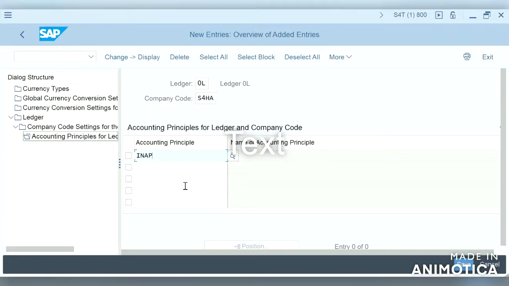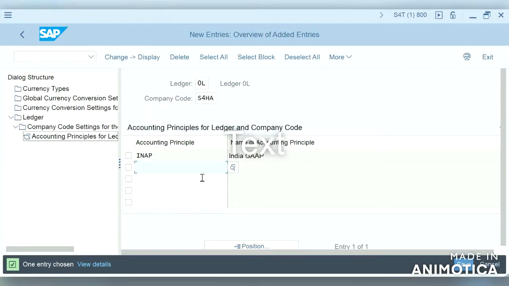or we can create our own accounting principle that needs to be created outside of this configuration. So these ledgers or accounting principles will be created based on the requirements of the client, based on how many ledgers they need to have for their reports.